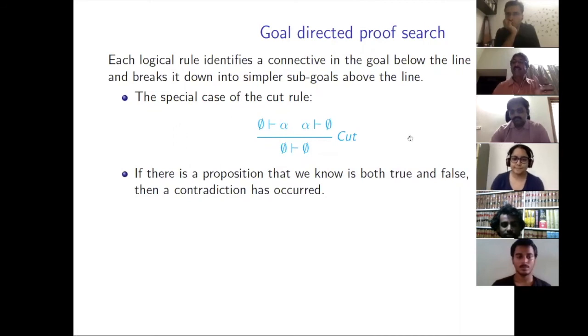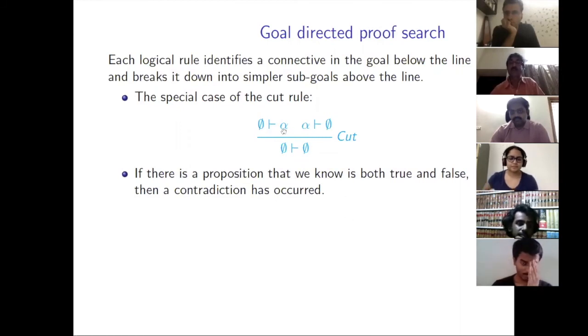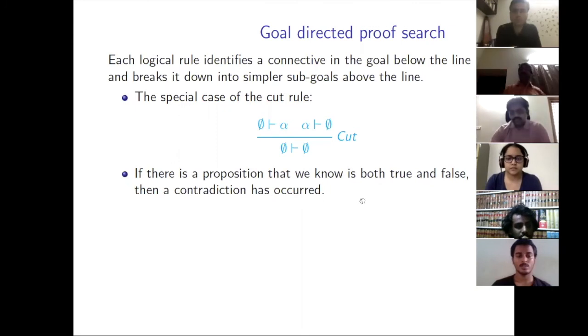So the empty sequent, where you have nothing on the left-hand side and nothing on the right-hand side, you think of as a contradiction. So if there is a proposition that we know to be both true, this is what it means, right? It's valid. And false, then a contradiction. So the cut is actually a way of saying a contradiction as a cut. Cut signals this in the particular case. And the general case, of course, is